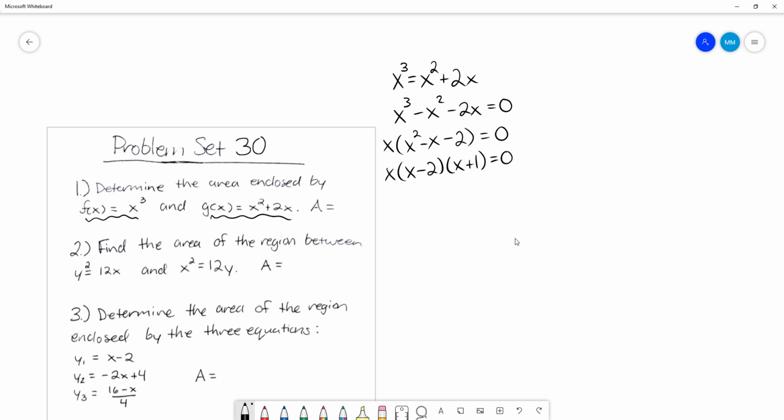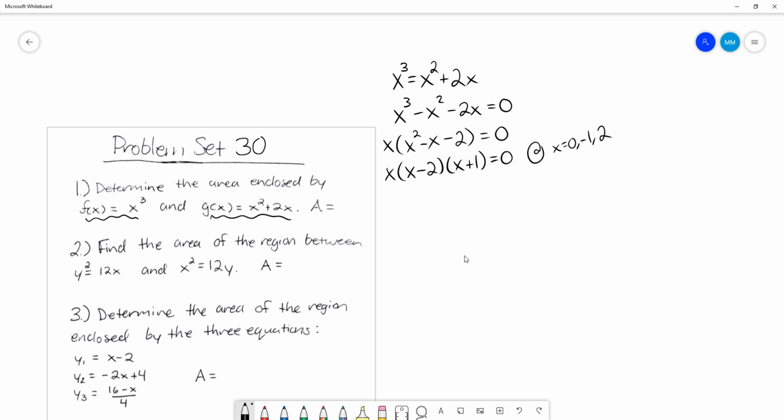Let's just double check our work here, if I was to FOIL that back out. That's going to be x squared plus 1x minus 2x minus 2, which then simplifies down to x squared minus x minus 2, which is exactly what we had there. So that factoring checks out, which means this all equals 0 when x equals 0, x equals negative 1,